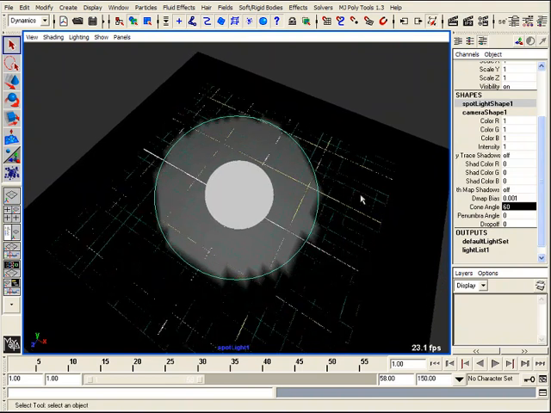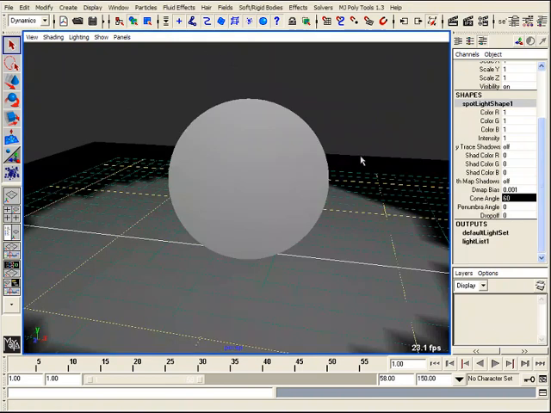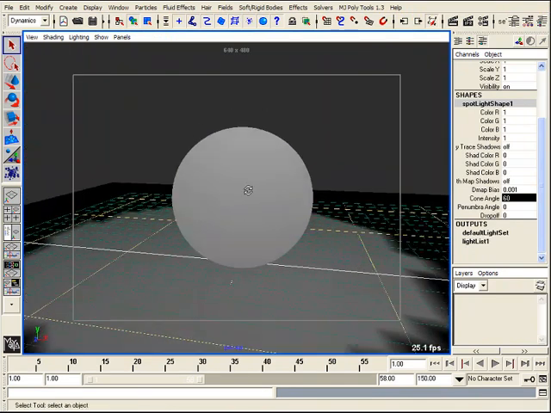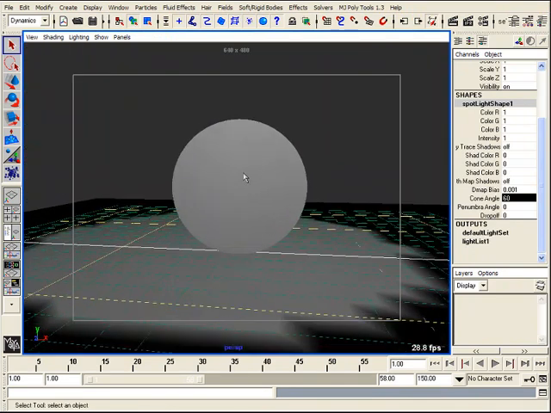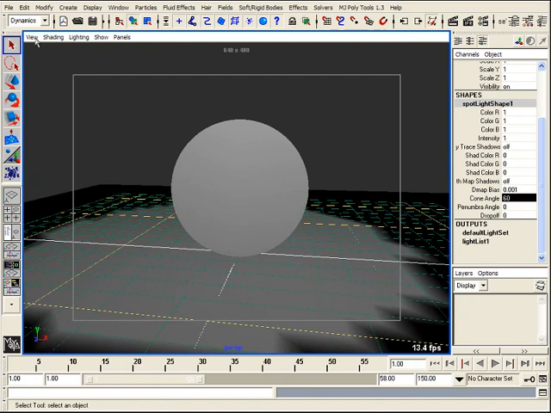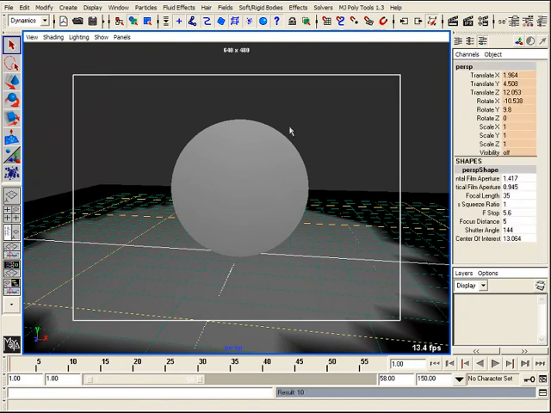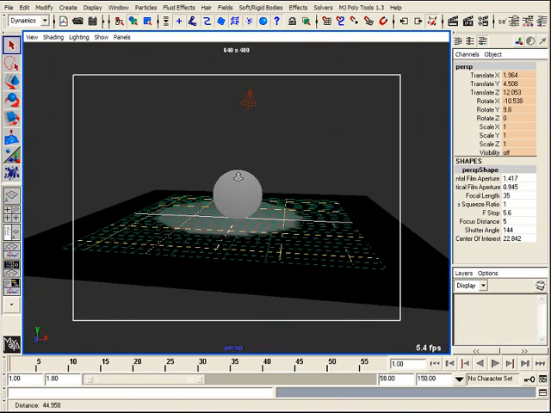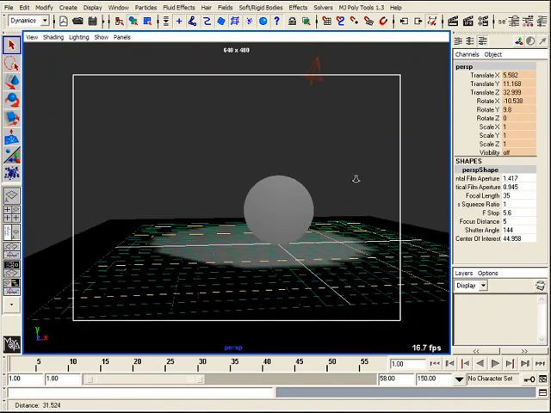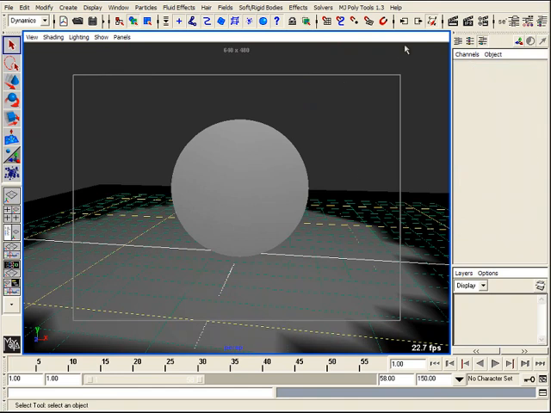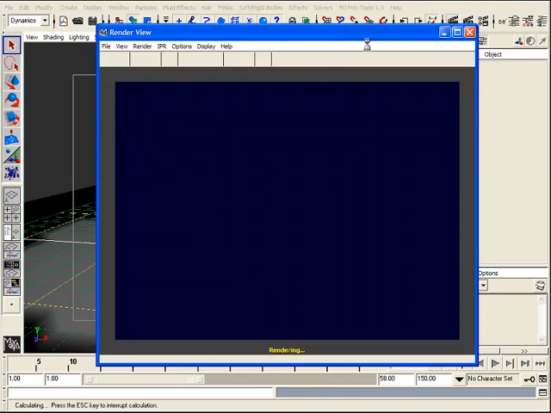Now that I have this light inside here, I'm going to go back to the perspective view. Let me get my resolution gate inside here so we can decide, okay, we're going to render this guy kind of like so. Now that I've decided this is where I'm going to put my camera, I'm going to select my camera and set a key on it just to save this view. So if I tumble around, I can just get back. At this point, I can see I've got that highlight over my particle. And at this point, if I go in and do another render,